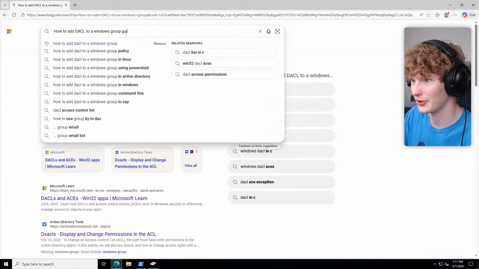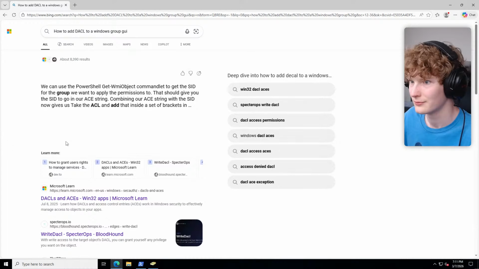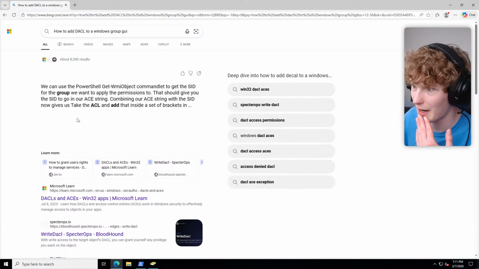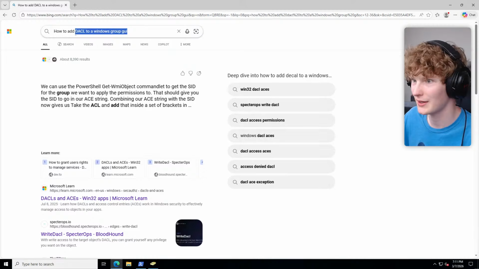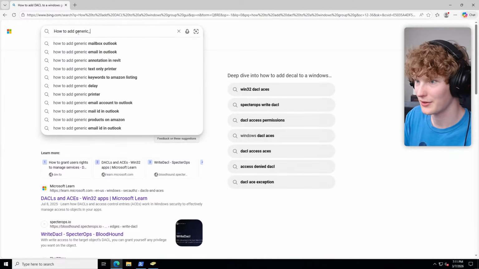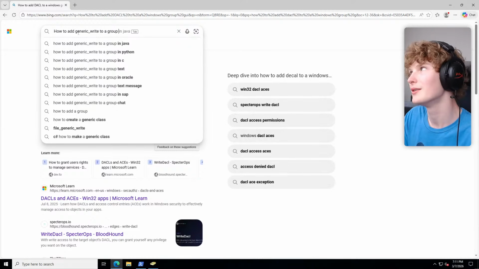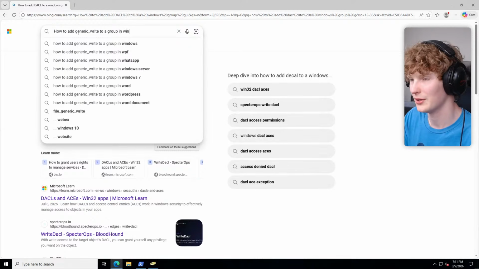I think I want the GUI. You can use PowerShell? Bruh, that is not what I want. How to add generic right to a group in Windows.